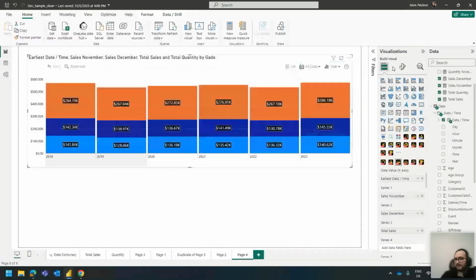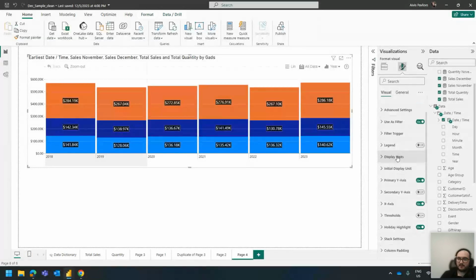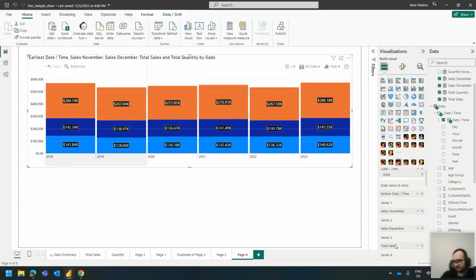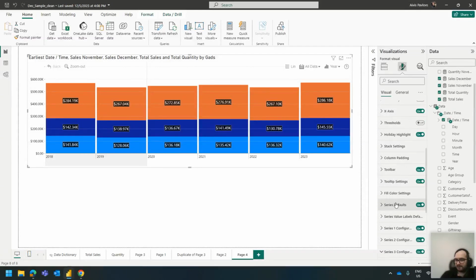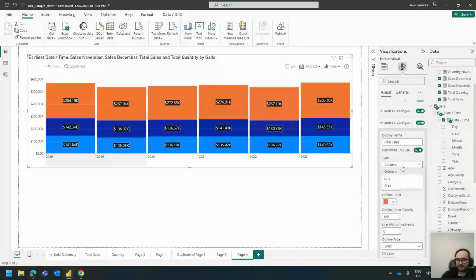All right. We go into the formatting options. Then we scroll down and find Series 3 configuration. Why Series 3? Because total sales is Series 3. See? So Series 3 configuration. And I say, I want to customize this series individually. So it's splitting now apart from the series defaults configuration. And I'm going to say, hey, I want this one to be a line. So you can